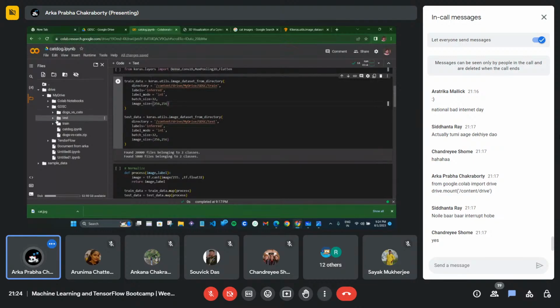Where will you get this train data? By default, the batch size will be different, that's why I'm changing the batch size for now. So I have to give the train data location: same, copy path, and put your directory. Same thing here. You have to delete this, and you have to copy.